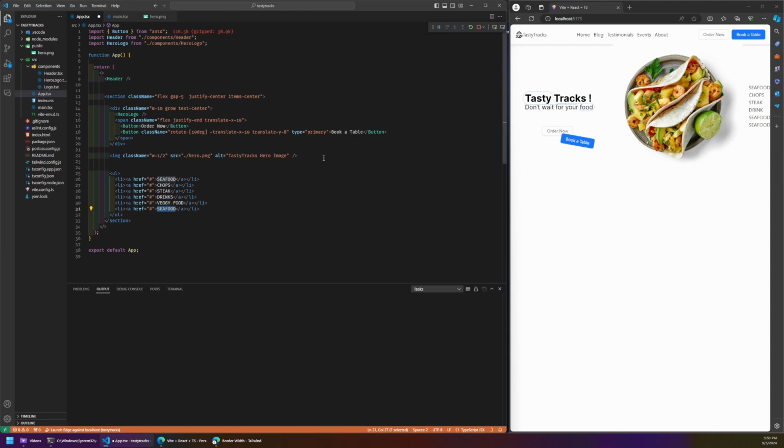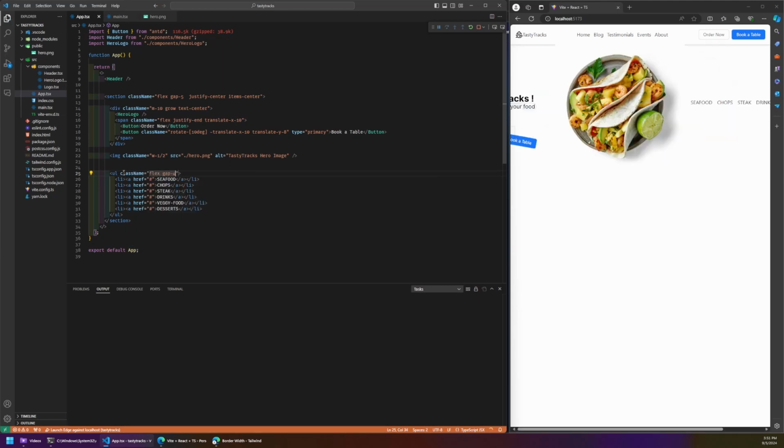So we've got desserts, which is desserts. Okay, so gotta do something here. So I'm gonna say class name. I'm gonna say flex gap of 4. 4 is good. That's cool. Now this thing needs to be so I could do here. I think I could do something else, which is